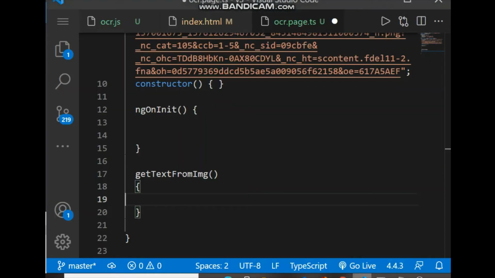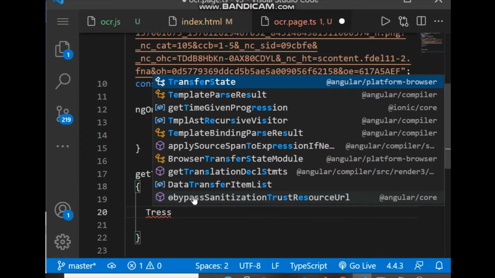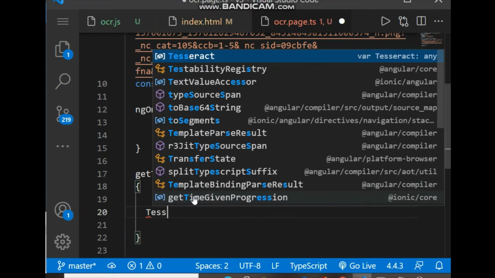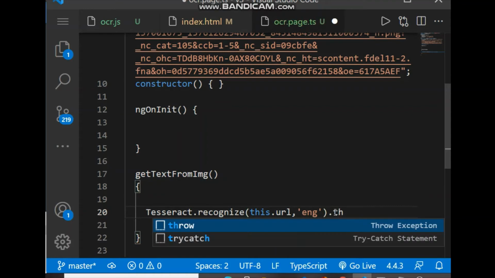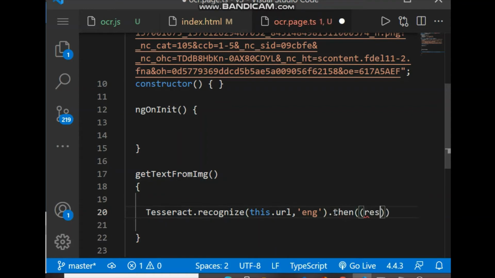So let's go to the code now, and we have to just write tesseract.recognize. We have to include this URL here, and also we can include the type of the language that is present in the image, that is English, and it returns a promise of the result.